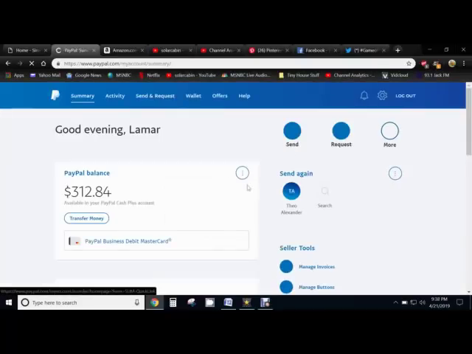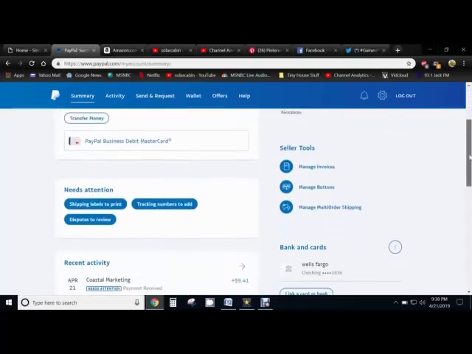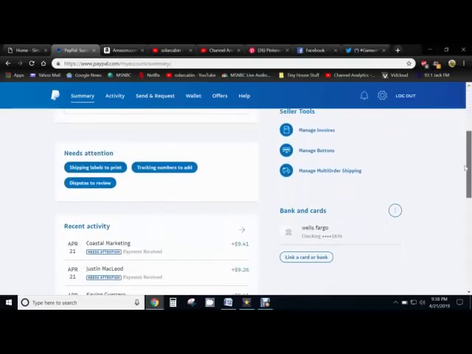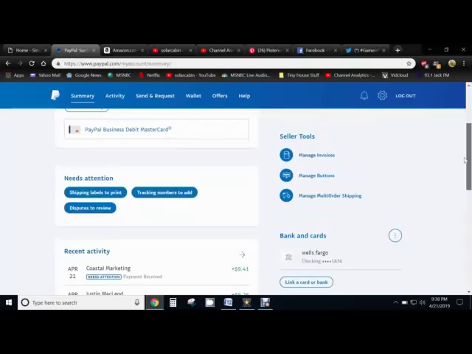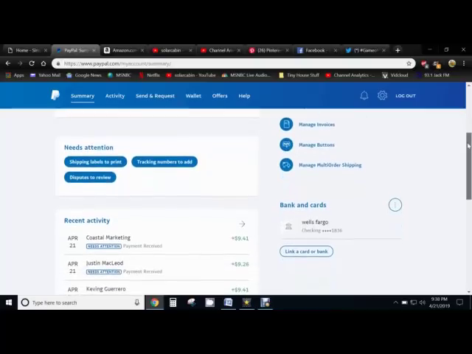So you will need to go to PayPal and set up an account. Now, in order to set up a business account and accept payments, you will need to provide them some banking information, a bank routing number, and some other information in order to collect payments. But it's not that big a deal. As long as you have a bank account, you should be able to get one. I have a PayPal business account, and they actually provide me a debit card, just like a bank does, so I can withdraw money for whatever I'm purchasing.